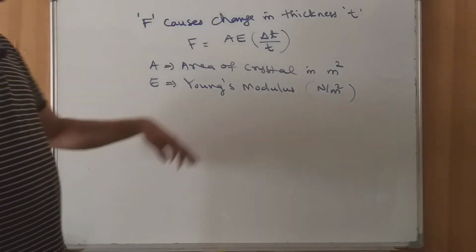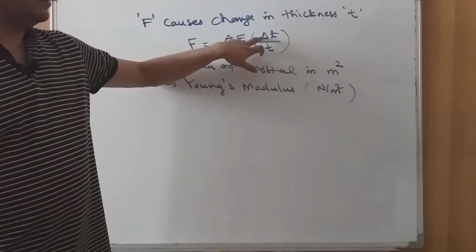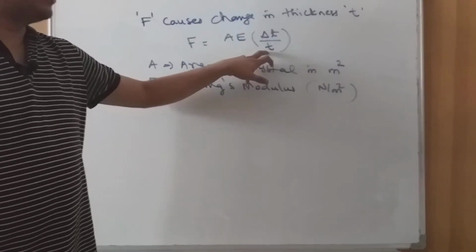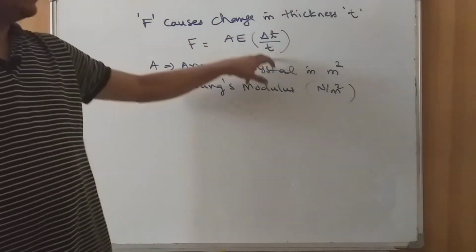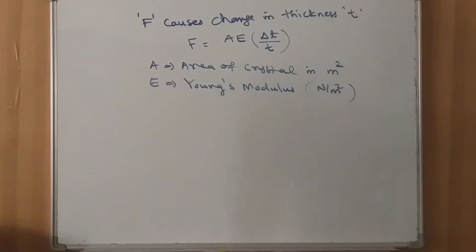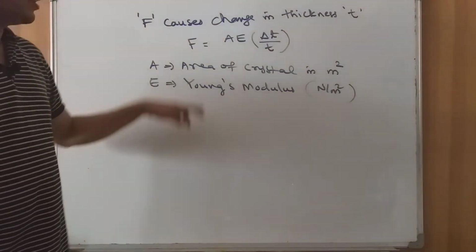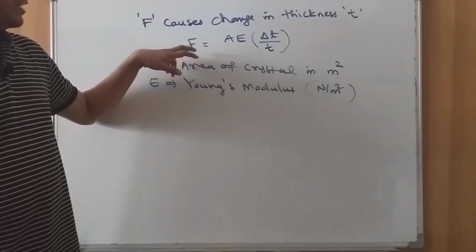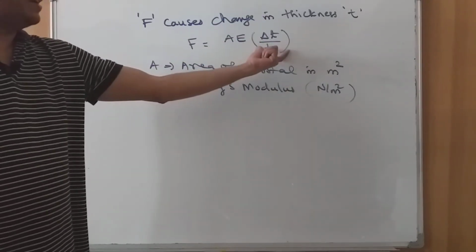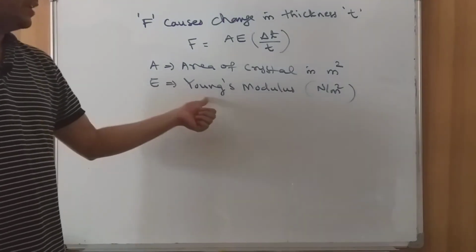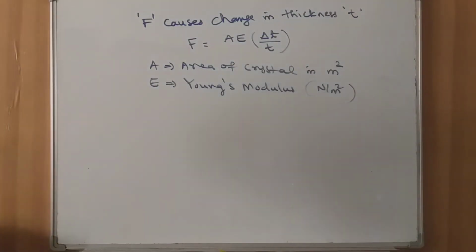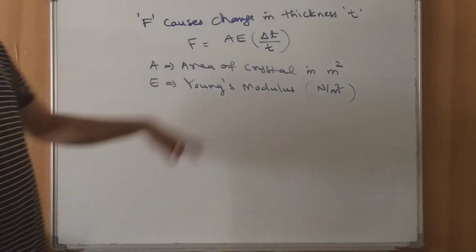All right. Then the corresponding change in thickness is assumed to be delta T, and T is the original thickness. So, delta T upon T will give you the strain due to the applied force. That F can be calculated by the equation F is equal to A E delta T by T. This is the strain part, and E stands for the Young's modulus or the modulus of elasticity, which is nothing but the ratio of stress by strain in the elastic range of the material,